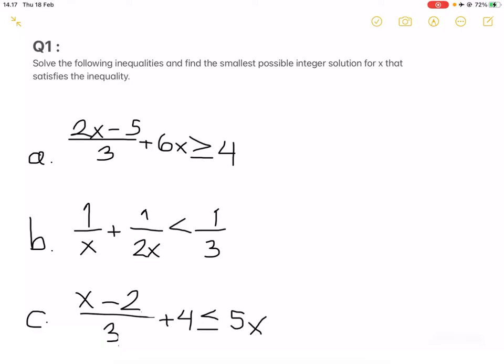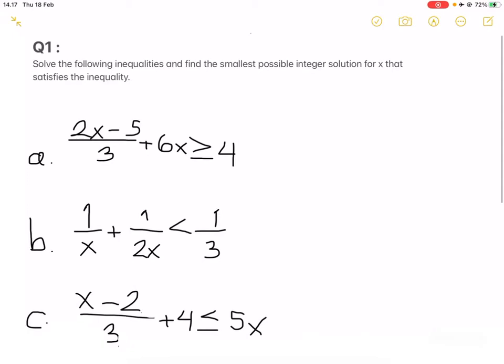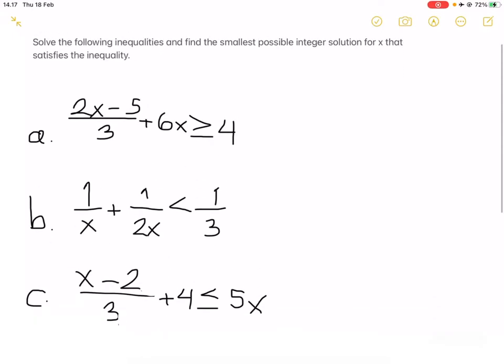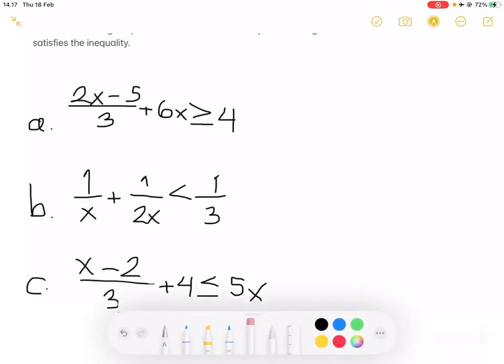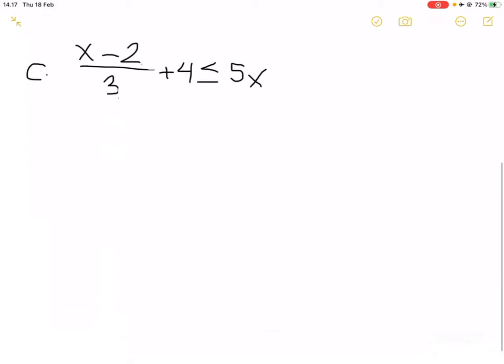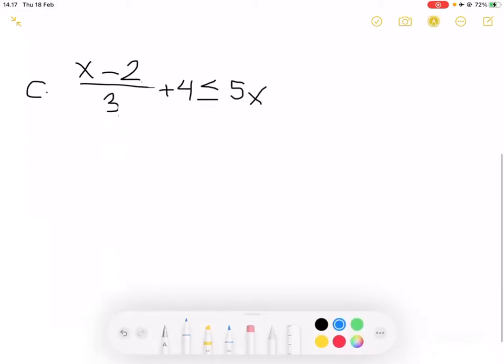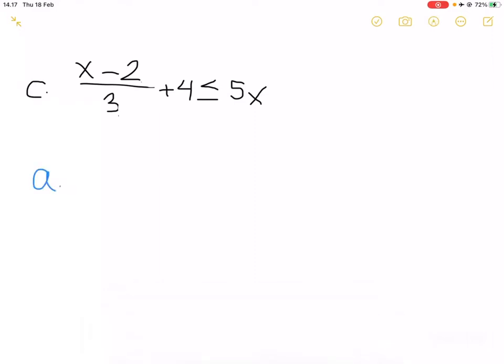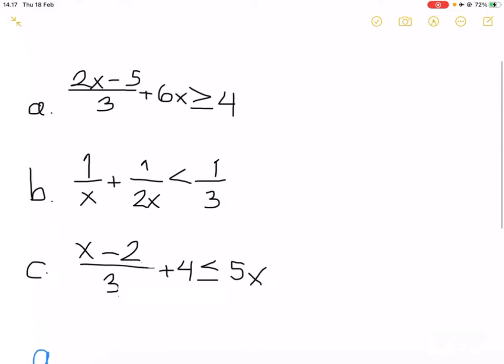Today we're going to look at some linear inequalities example problems. So for question 1, we need to solve the following inequalities and find the smallest possible integer solution for x that satisfies each inequality. So first, let's jump into part A of this question. Part A says that the inequality of (2x minus 5) over 3